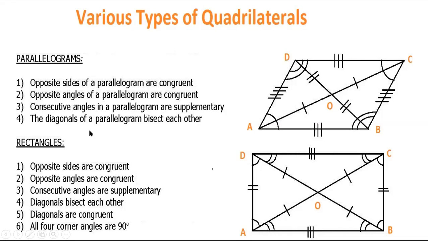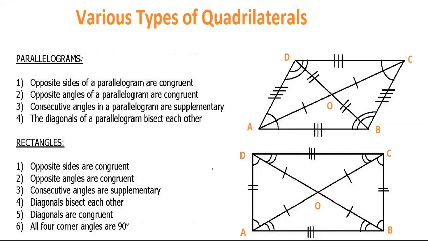The diagonals of a parallelogram bisect each other. There are two diagonals in a parallelogram, and these two diagonals intersect at the point O. O is the midpoint of AC and BD. So we can say that AO and CO are equal. Similarly, DO and BO are equal in length. Therefore, the diagonals are bisecting. One more property is that a diagonal bisects a parallelogram. If we draw only one diagonal in the parallelogram, we will find two congruent triangles.